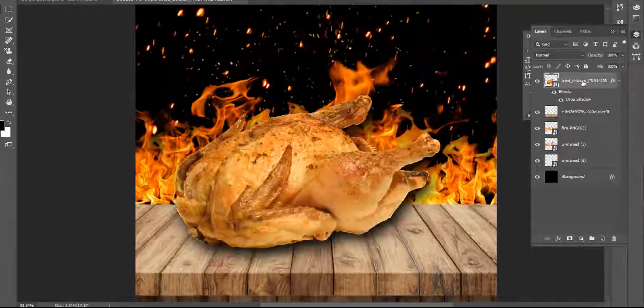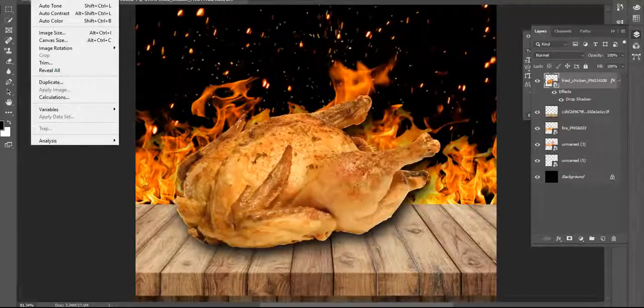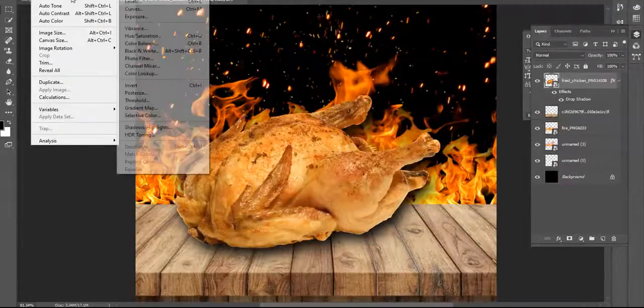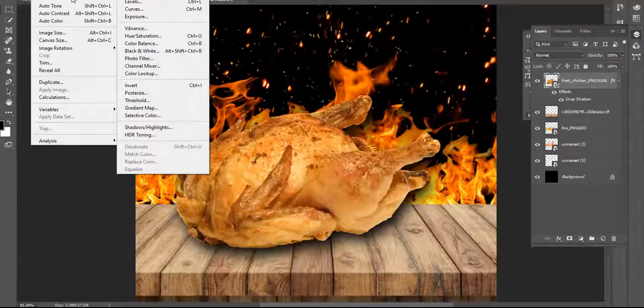So I select the chicken and go to Image, and here you can find Adjustments. In Adjustments you find all these adjustment options, like levels, curves, hue, saturation, black and white.